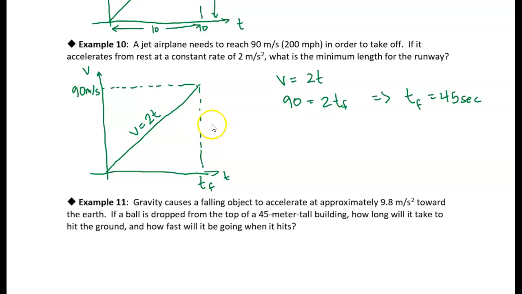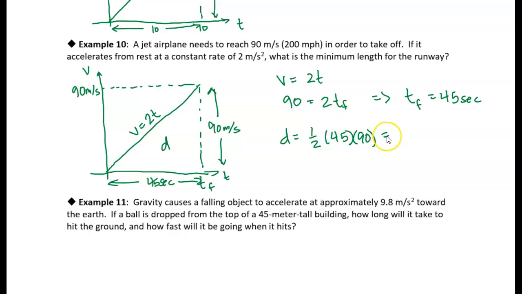All right, so the height of this triangle is 90 meters per second, and the width of this triangle is 45 seconds. So the area of this triangle is going to be the distance. We can calculate that just by using the formula for the area of a triangle. So the distance is equal to 1/2 times 45 times 90. All right, so that's